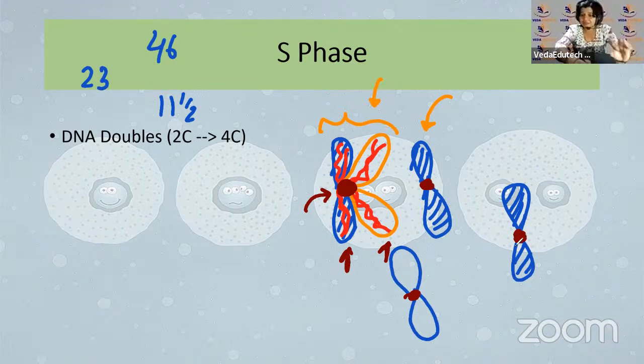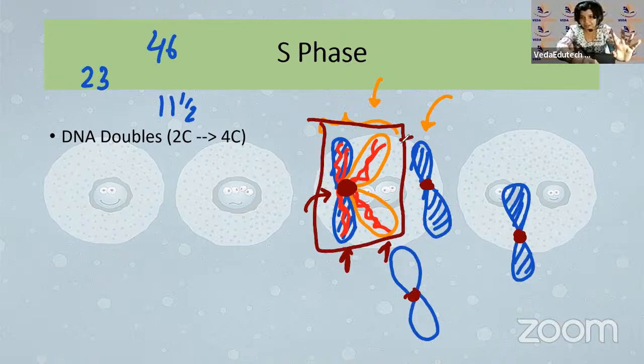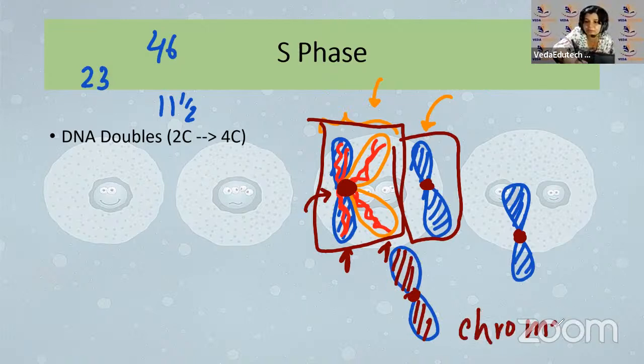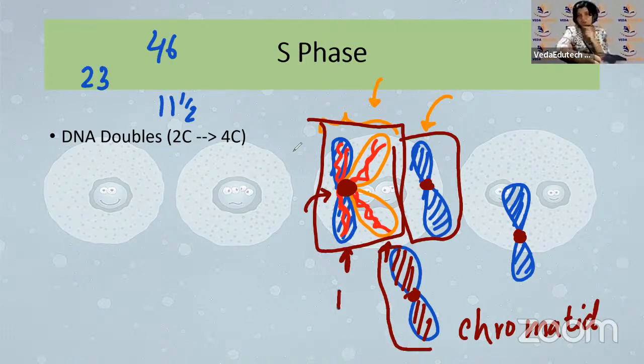So these are four chromosomes. This is 1 chromosome. This is also 1 chromosome. Okay. What is the difference there? They obviously look different, right? This arm of a chromosome is called what? Chromatid. Okay. And here, this is 1 chromosome with only 1 chromatid. What about this guy? This is 1 chromosome with 2 chromatids.